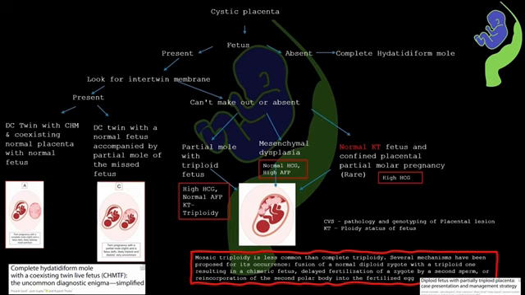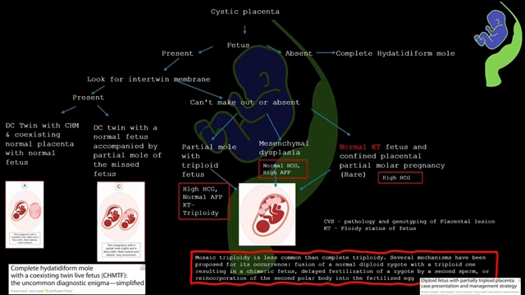Now how do we differentiate them? In placental mesenchymal dysplasia, beta HCG levels are usually normal or only slightly increased in some cases, while maternal serum AFP is elevated. In partial mole, beta HCG levels are markedly elevated, but AFP is usually normal and karyotyping shows triploidy. In rare cases of normal diploid fetus with confined placental partial mole, beta HCG is again high because of the molar component. However, none of these biochemical tests are confirmatory, and the definitive diagnosis comes from placental histopathology and